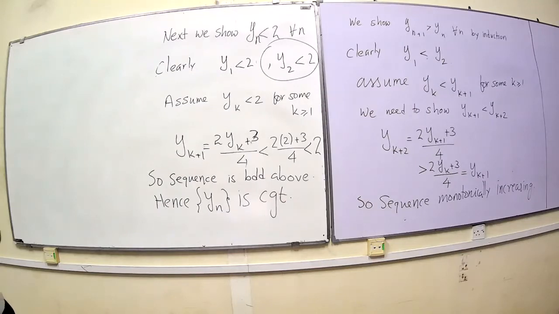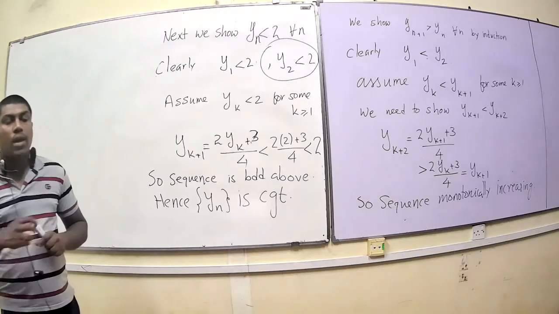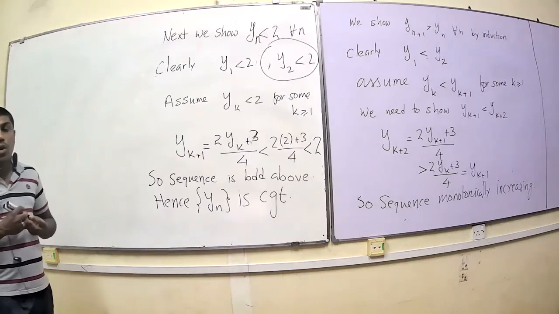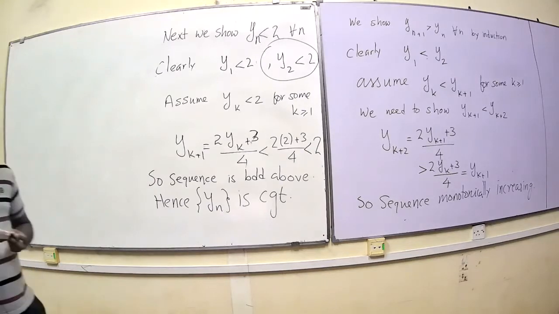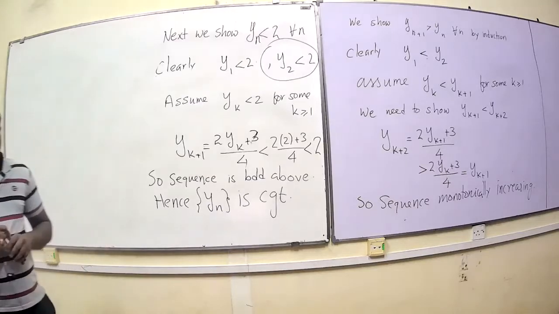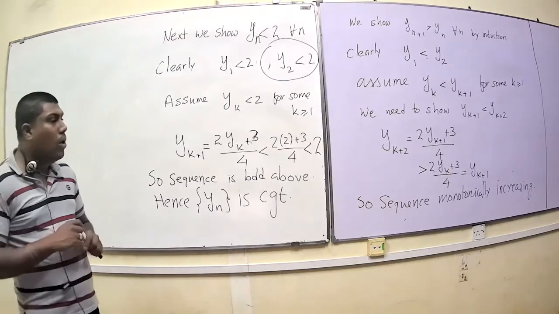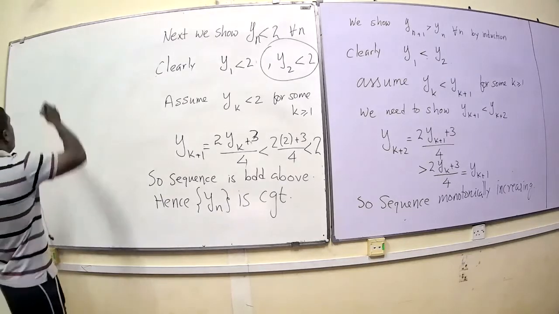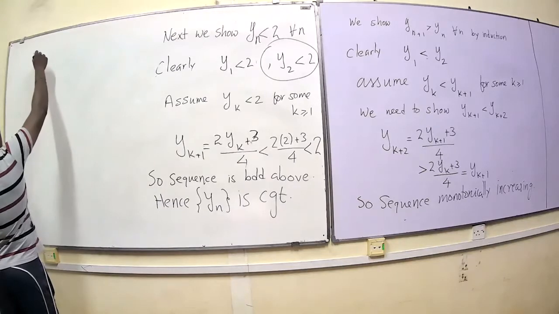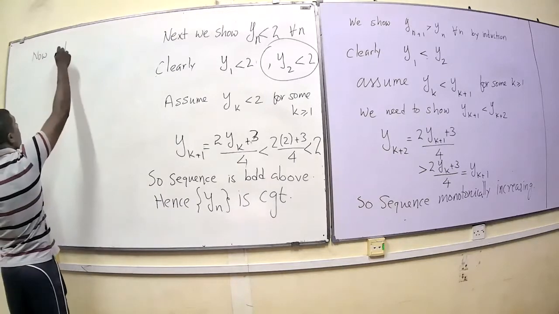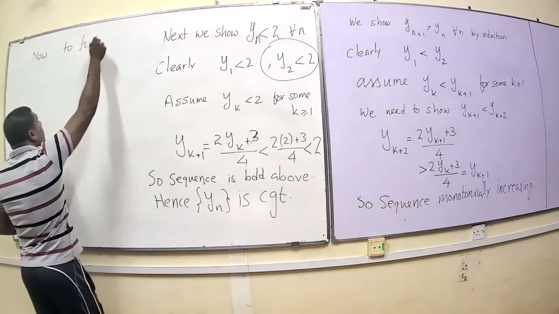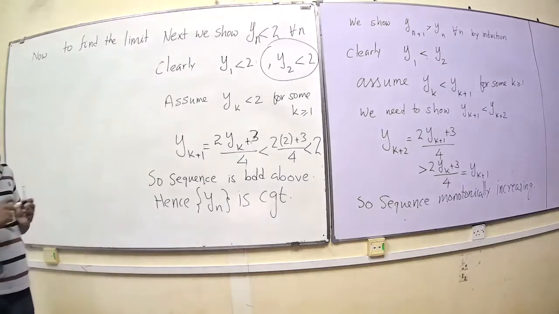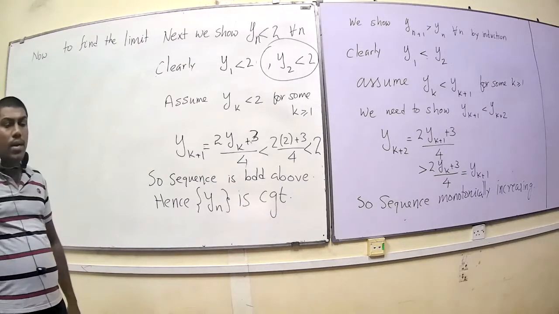Now comes the next question. What is the limit of the sequence? If they ask you to find the limit as well. Right? So in earlier cases, we don't find the limits, we just verify the limits. Here, in these kinds of cases, you can always find the limit, right? So here I'm going to show you how to find the limit. Right? So now, if you want to find the limit,